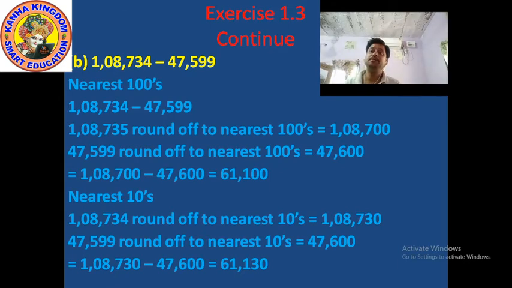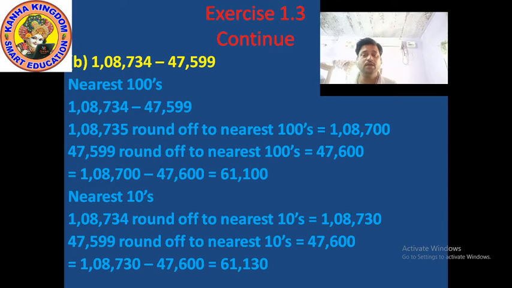Now the B part of the second question is 1,08,734 minus 47,599. First, you have to decide which number to subtract from which number. Okay, so the first number is